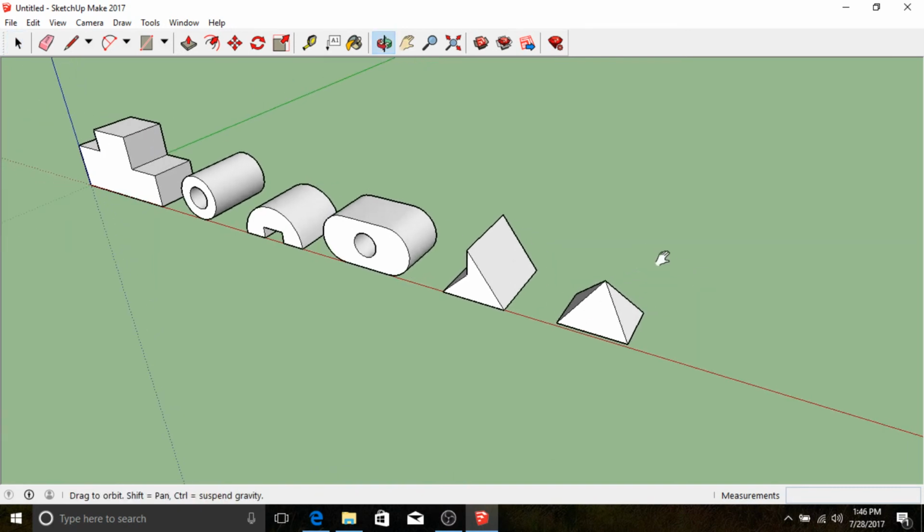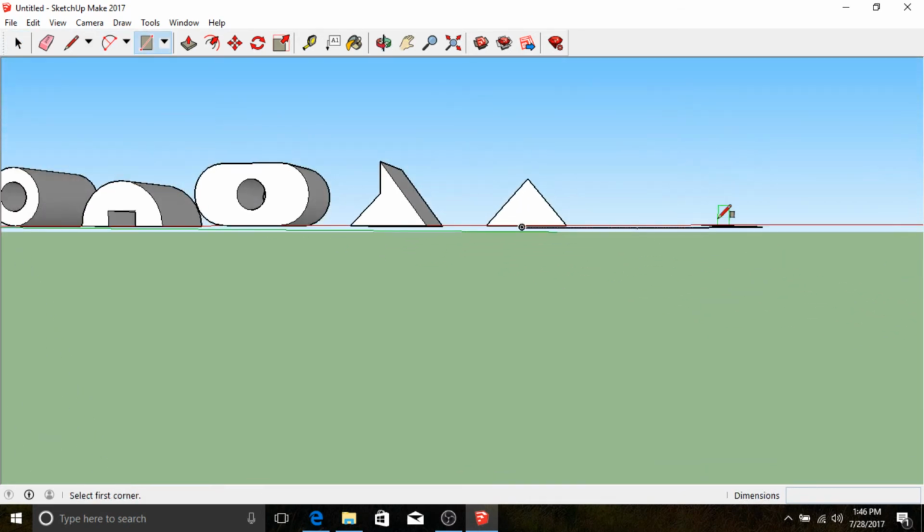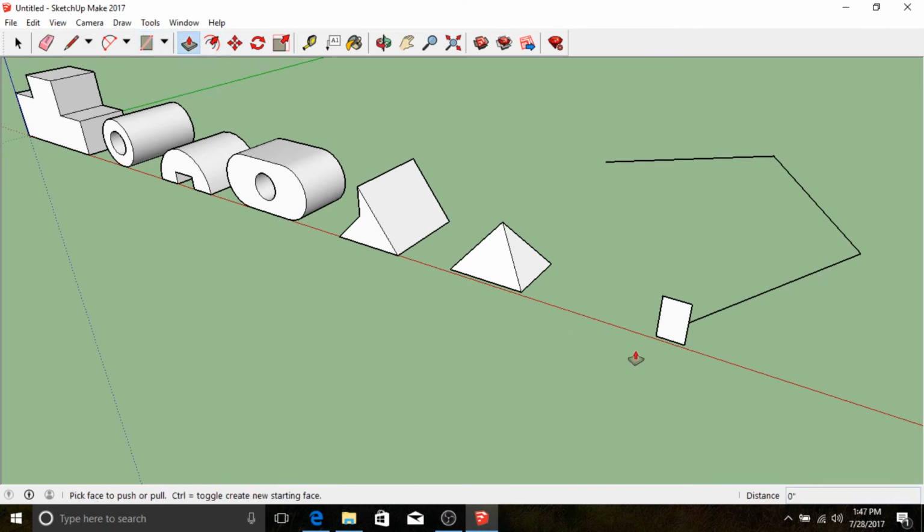Now the next shape is going to introduce us to another tool that I use quite often when I'm modeling in SketchUp, and that's the Follow Me tool. So what the Follow Me tool does, I can kind of just show you before we make this cone. What the Follow Me tool does is it takes a shape and instead of push-pulling it, right, which we know extrudes a shape